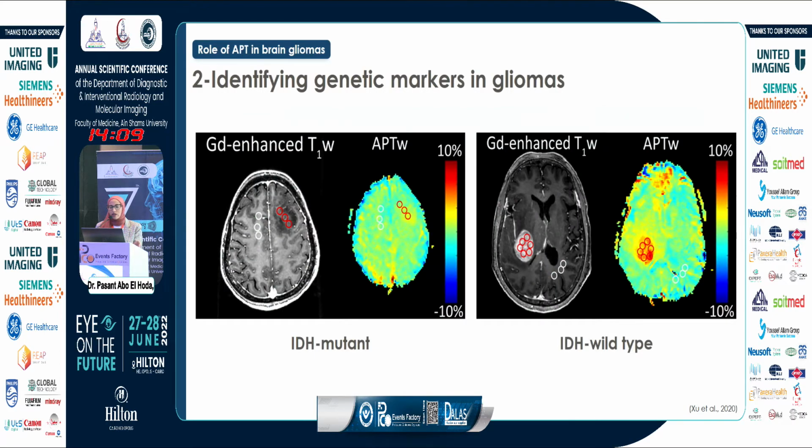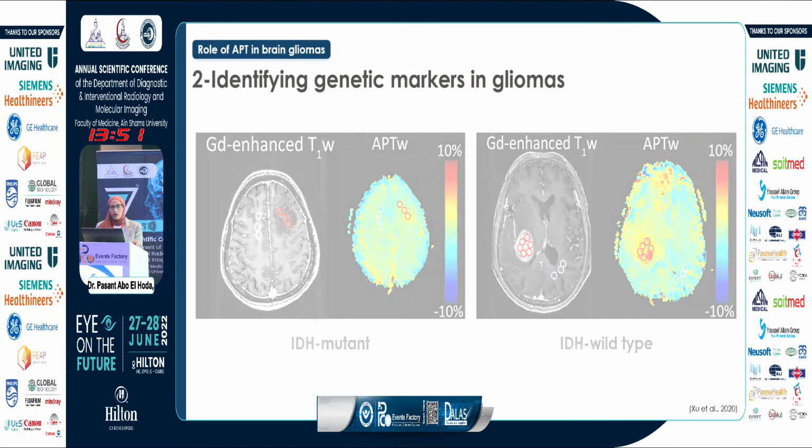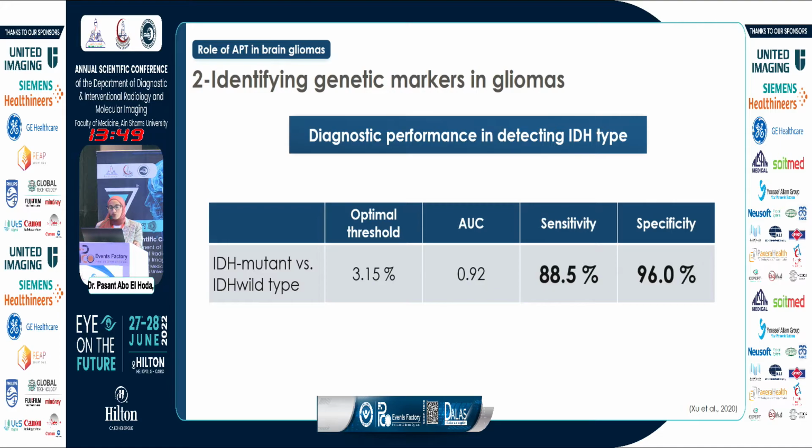As we can see here, these are two different patients with high-grade tumors, where one of them is IDH mutant and the other one is IDH wild type. As we can see, there is low APT signal on the IDH mutant lesion with increased APT signal on the IDH wild type. It has the ability to differentiate between IDH mutant and wild type by sensitivity of 88.5% and